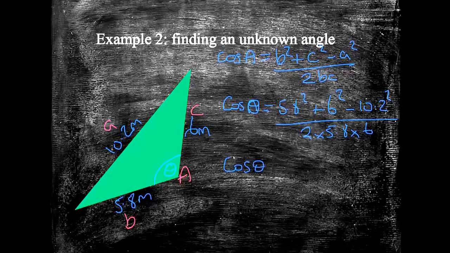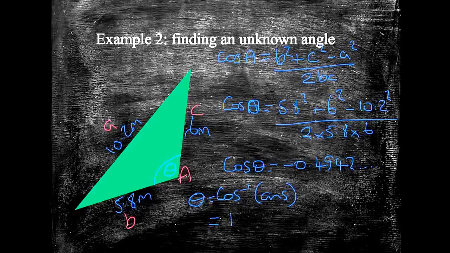Type all this in on my calculator and I get that cos theta equals a horrible looking decimal, minus 0.4942 and so on and so on. Again, if you're not confident using your answer button, you have to write all of that down. I am. So I'm not going to press anything else now other than cos to the minus 1, because this is what theta is going to give me, of this answer,